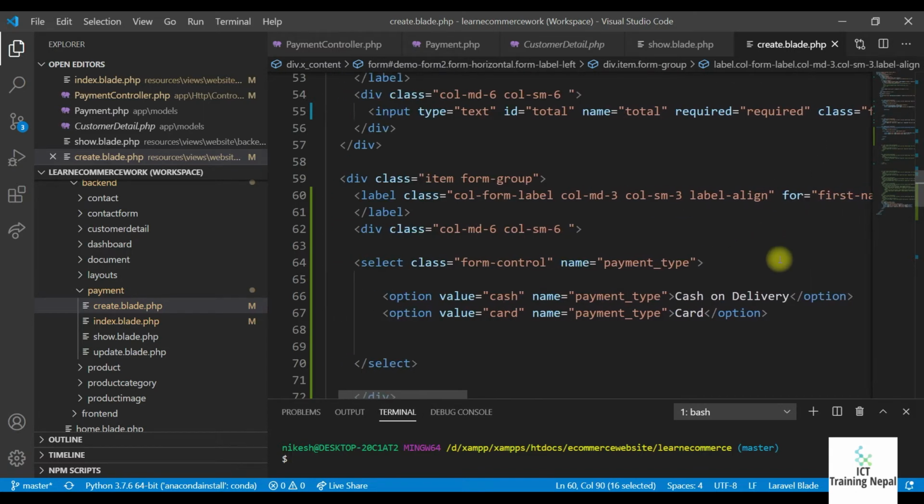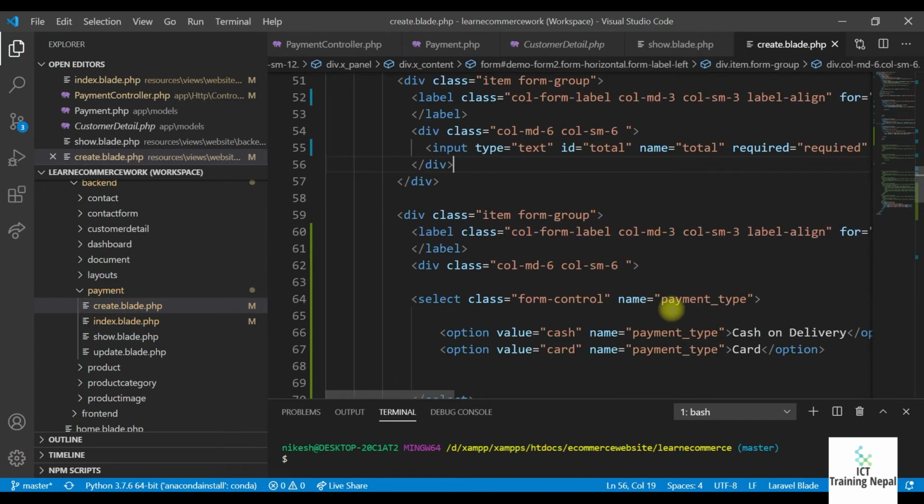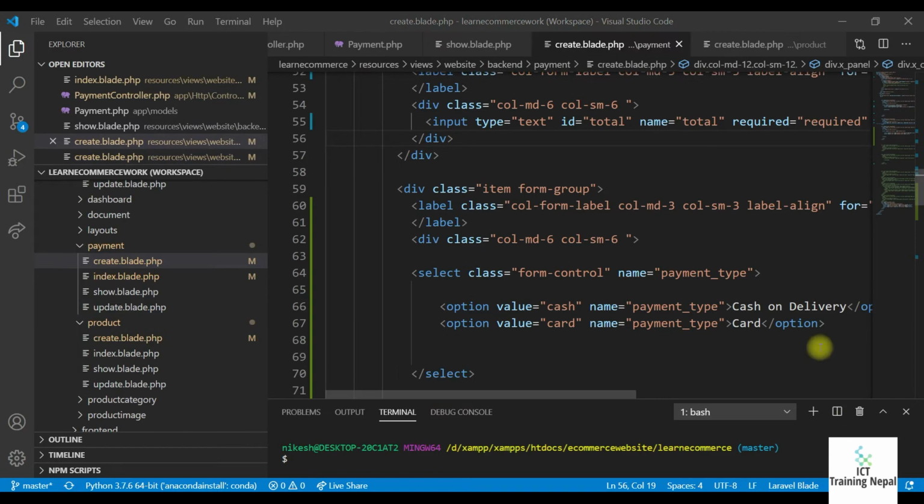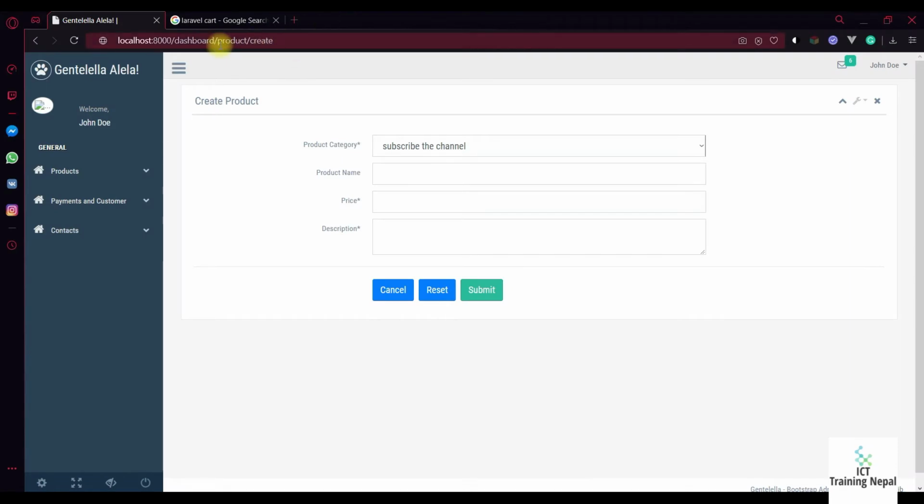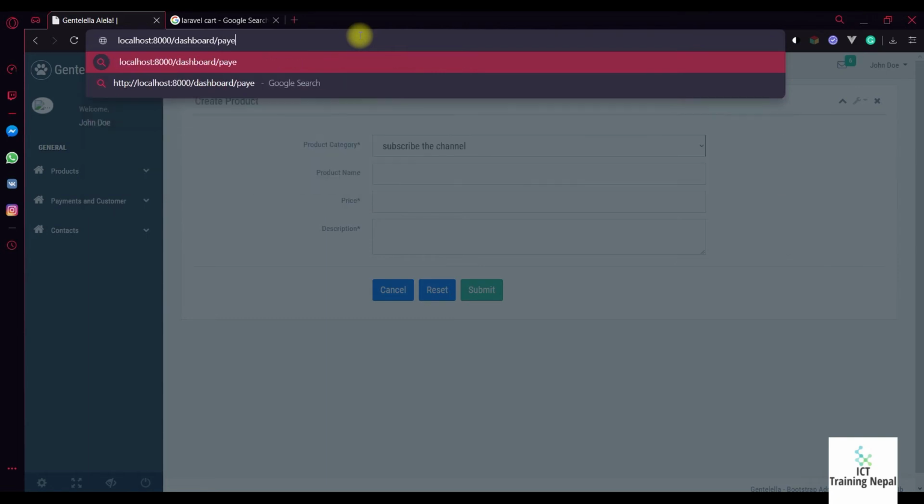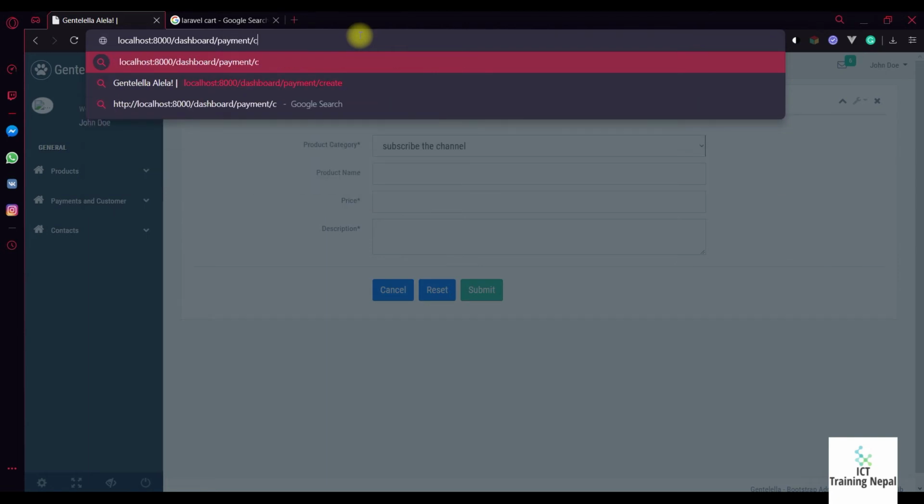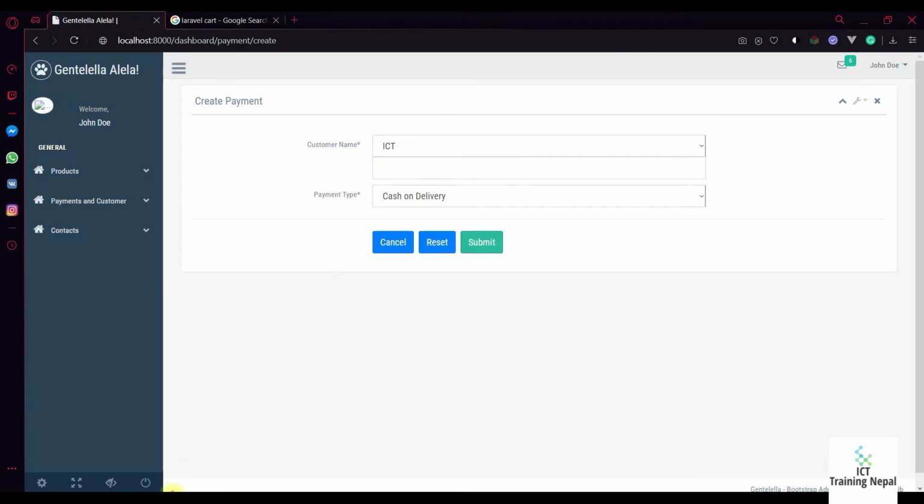Here is the payment type, right? So okay, let's see again, and we don't need a product create, we need the payment, right? Payment create. Okay, we need this one. Maybe there is some problem